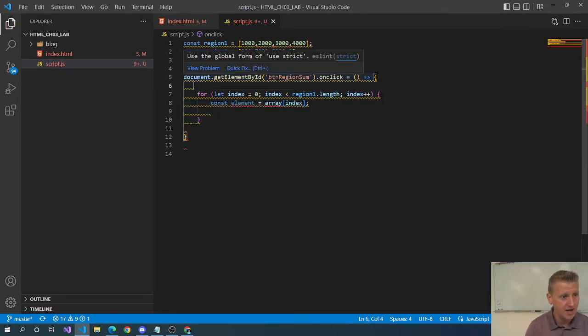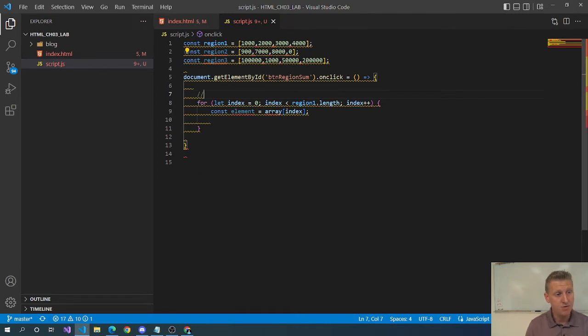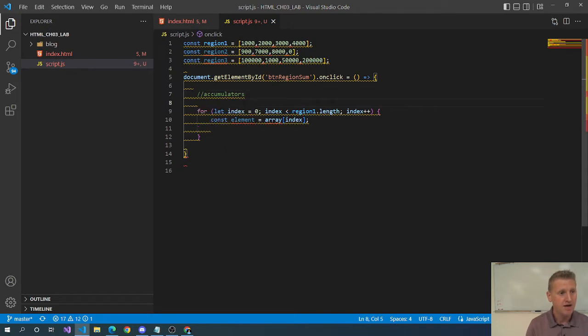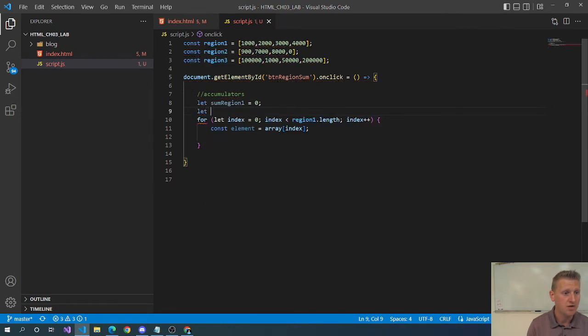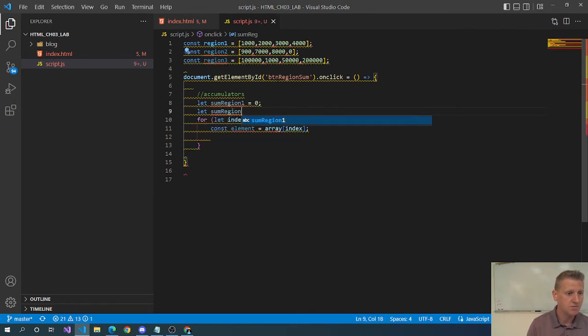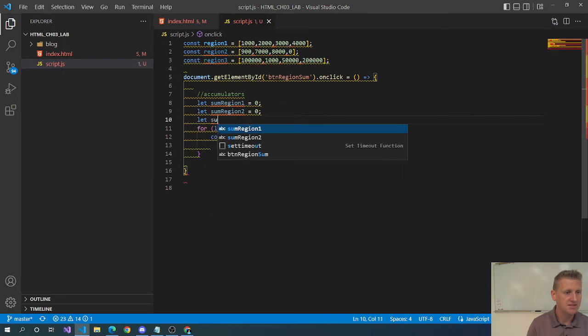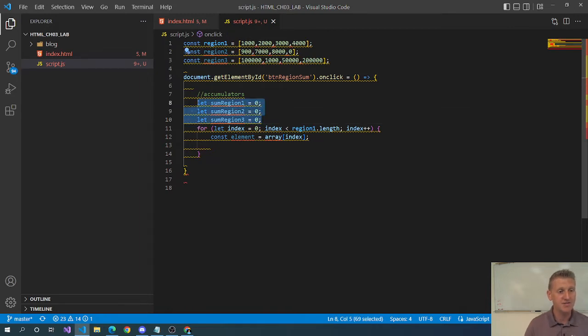Let's go ahead and make a variable called an accumulator. These accumulators are going to accumulate their value every iteration of the loop. In other words, they're going to get bigger every iteration of the loop. And so I'll say let sum region 1. And what you want to do is you want to start your accumulators off at 0. Sum region 2. Let sum region 3 equals 0. And so we're going to have 3 accumulators, and every time through the loop, these accumulators are going to get